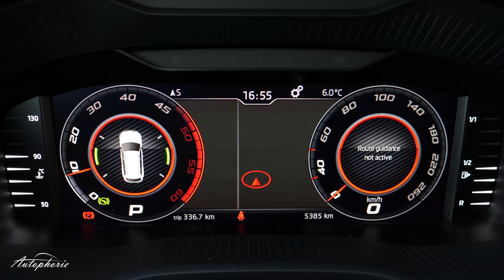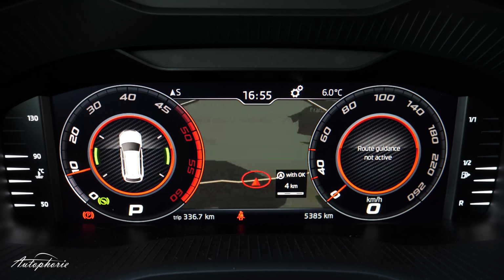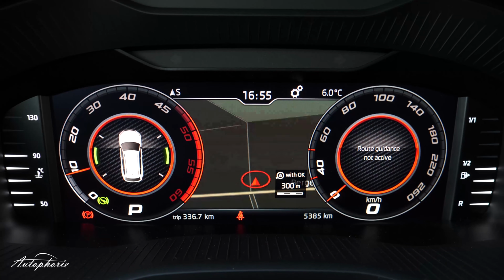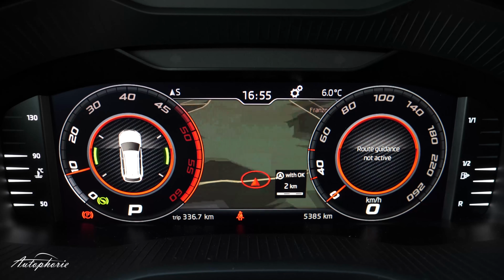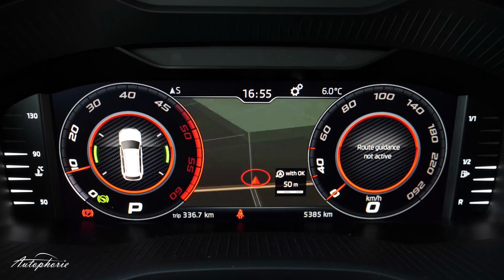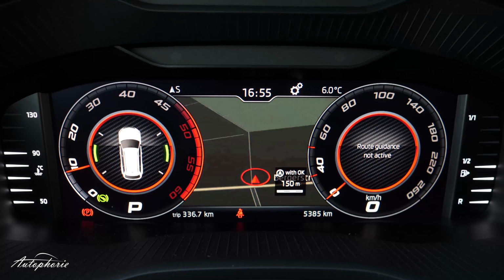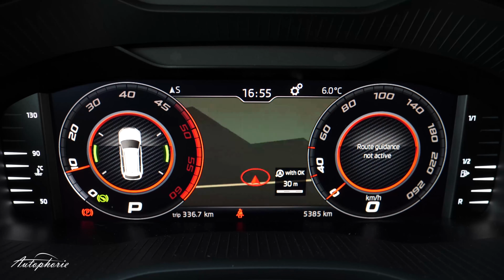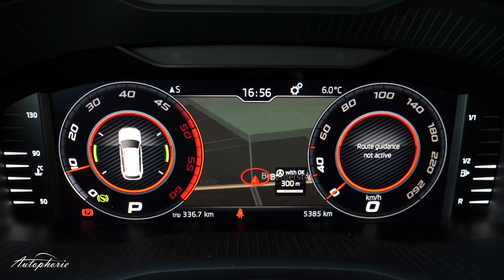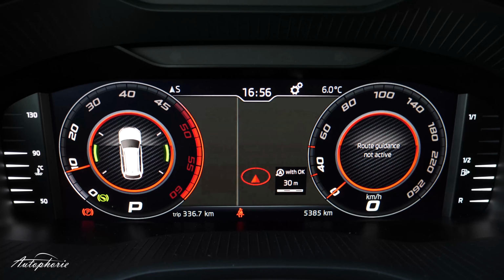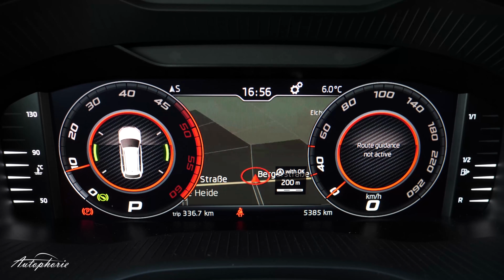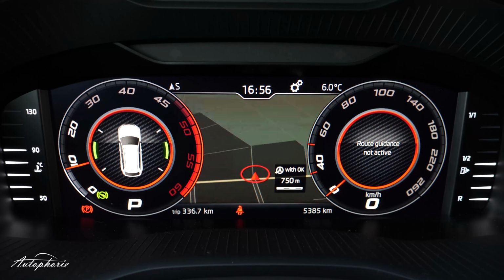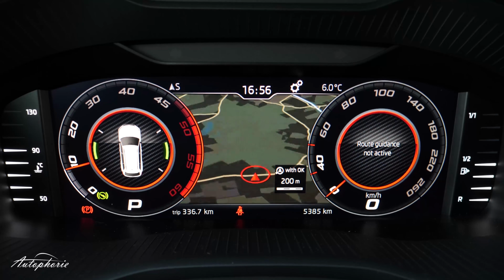Now let's take a look at the navigation. Well, because there's another point, you can zoom in and out, but as you can see, it's also not as fast as the 12-inch ones. And as you may see as well, there's no Google Earth setting here, so it's just the standard mapping. And there's also no 3D view available. It changes the angle a bit, but all in all, it stays quite, let's say, old school.